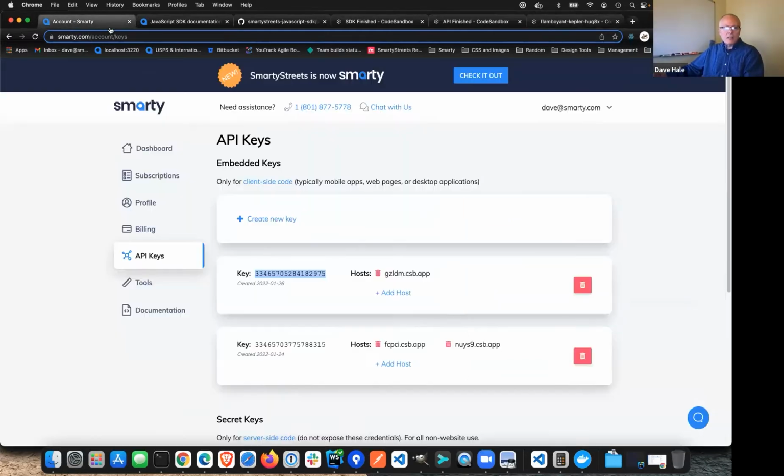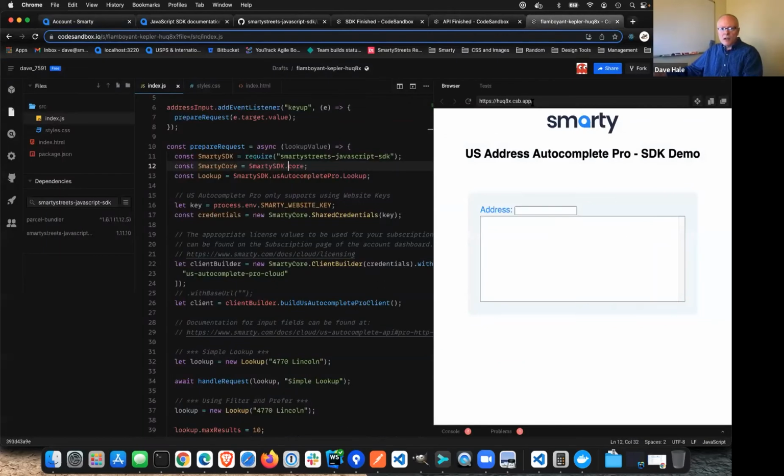So I'm going to come over here to my embedded keys. Oh, and by the way, not to panic here. This is not like private, secure information. This is something that it's all publicly available when it's presented on the web. So not to worry. So I'm going to create a new key, and my host name has to match with the environment that I'm in. So I'm going to copy that